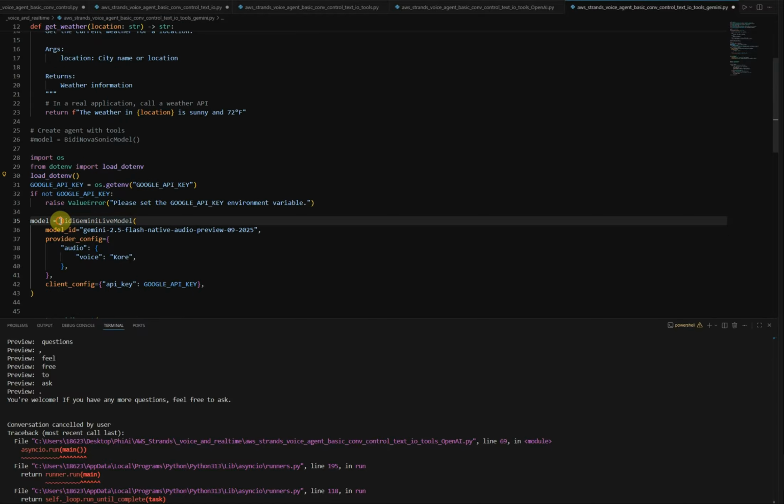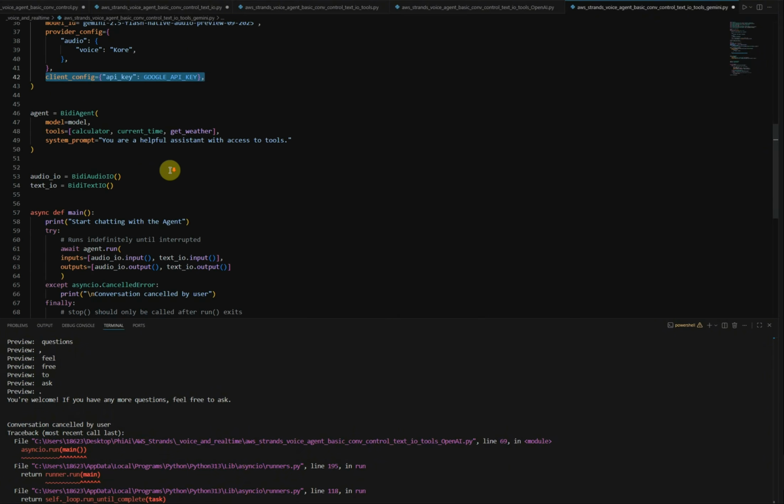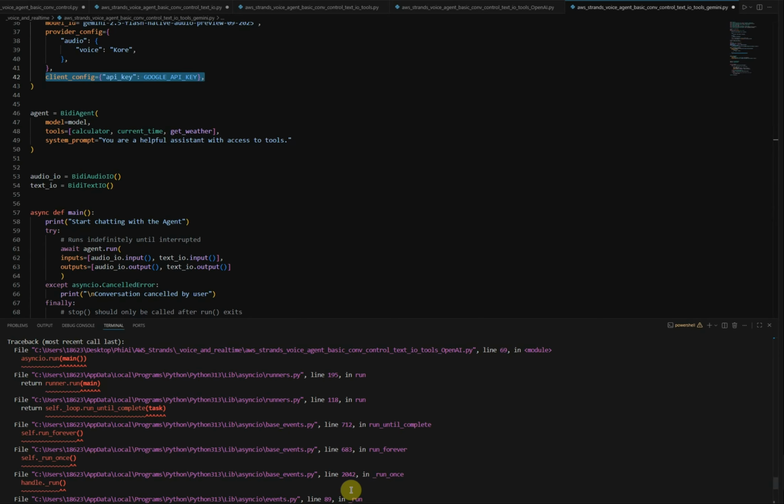I will define the model using BidiGeminiLiveModel. In this case, the model name will be Gemini 2.5 Flash Native Audio Preview 09 2025. And I will choose the voice of Puck. As a client config, I will provide my Google API key. And this is the main modification to the code here. So let us start